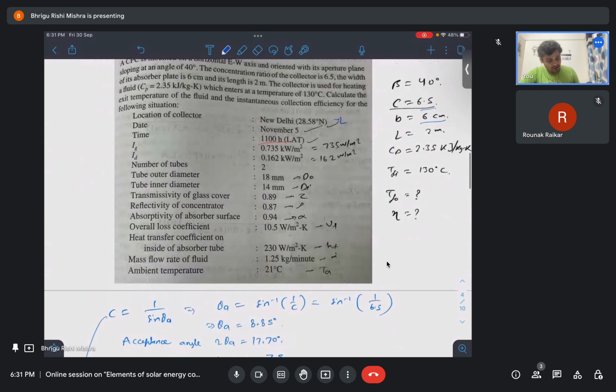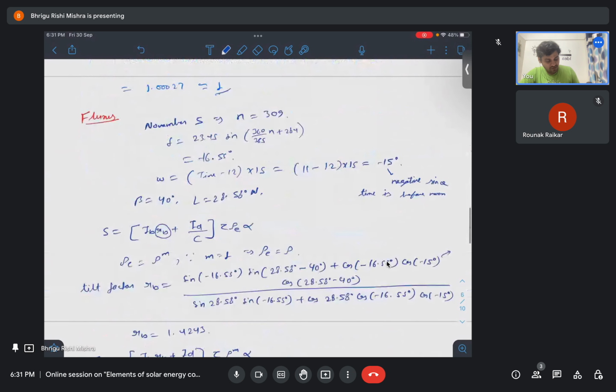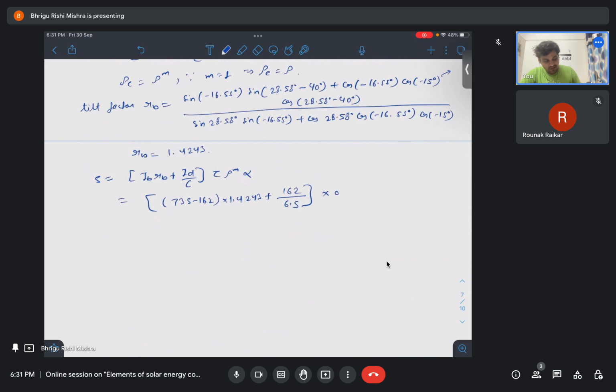So, tau is 0.89, rho is 0.87, and absorptivity of absorber surface is 0.94. So after putting all these values here, this 0.89 into 0.87 to the power 1 as m equals to 1 into 0.94, okay,